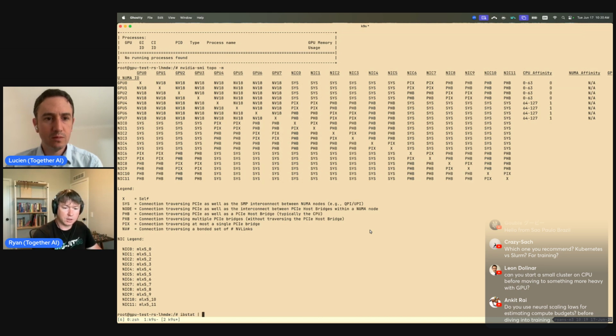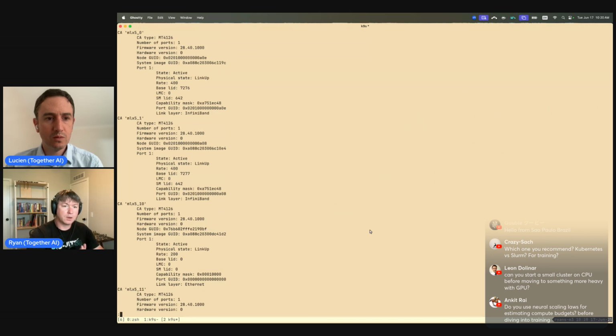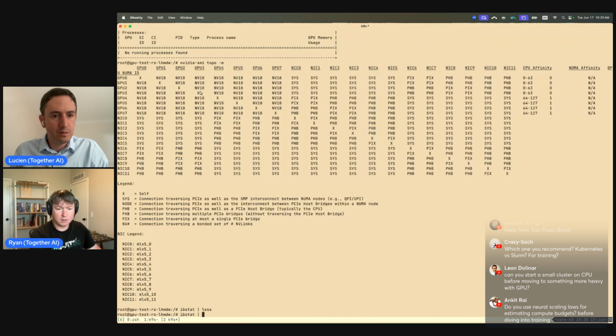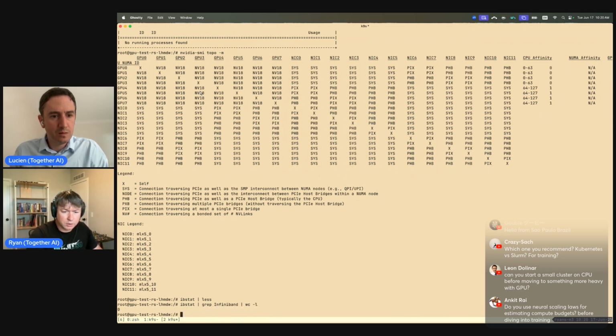We can also have a look at the adapters with ibstat. ibstat is part of the Mellanox driver package, the OFED package. If we look in here, we're looking at this link layer, InfiniBand. Rate is 400, that's 400 gigabits per second, NDR. State is active, link is up. And there should be 8 of these that are all active. So if I were to do something like ibstat, grep InfiniBand, and count them,